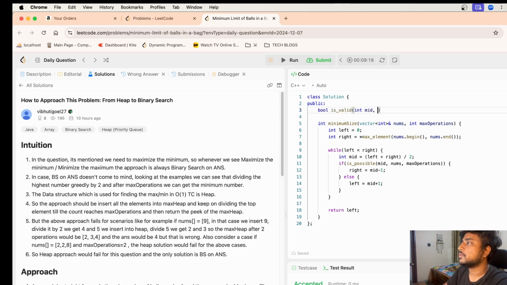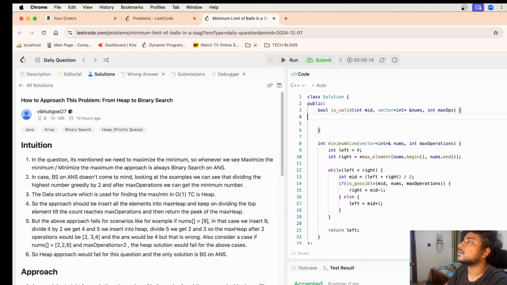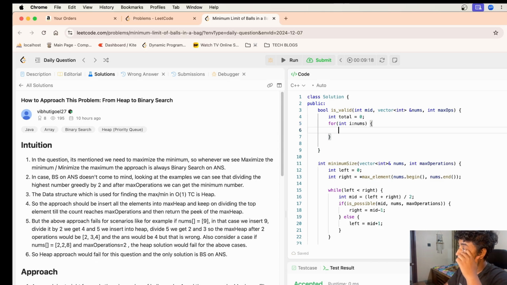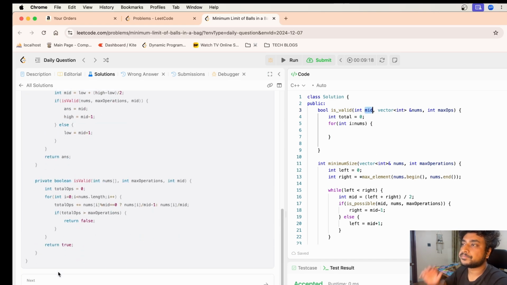And the main thing is to implement the is-possible function: the minimum segment size, with max operations and total equal to 0, looping over the numbers. We have to find out this size that we have to reach.